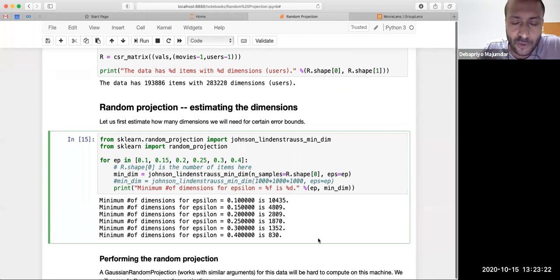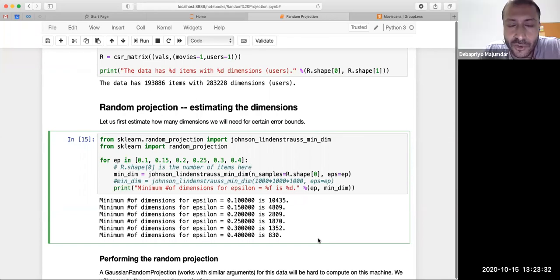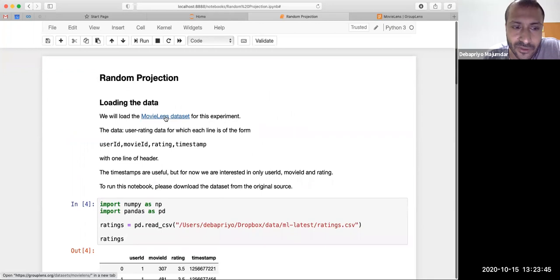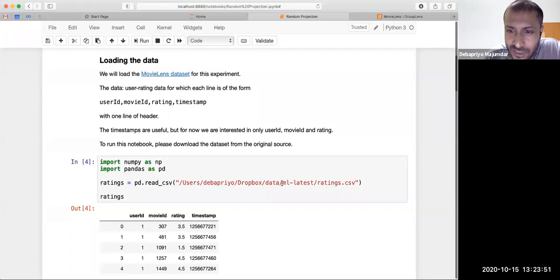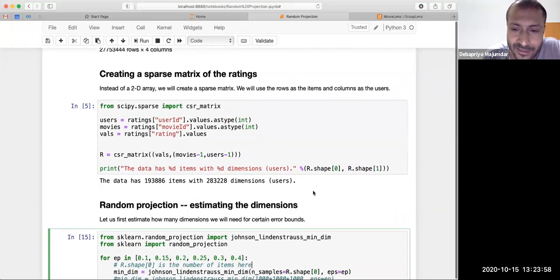So I'll share the notebook and the slides. If you want this data, you have to download it from the source website. It's not good to host the datasets when the public dataset is hosted somewhere by the original source. So I have given a pointer to this website. You can go to the website and download this data, and then use ml-latest ratings.csv to run the same. You can obviously experiment with other datasets as well.